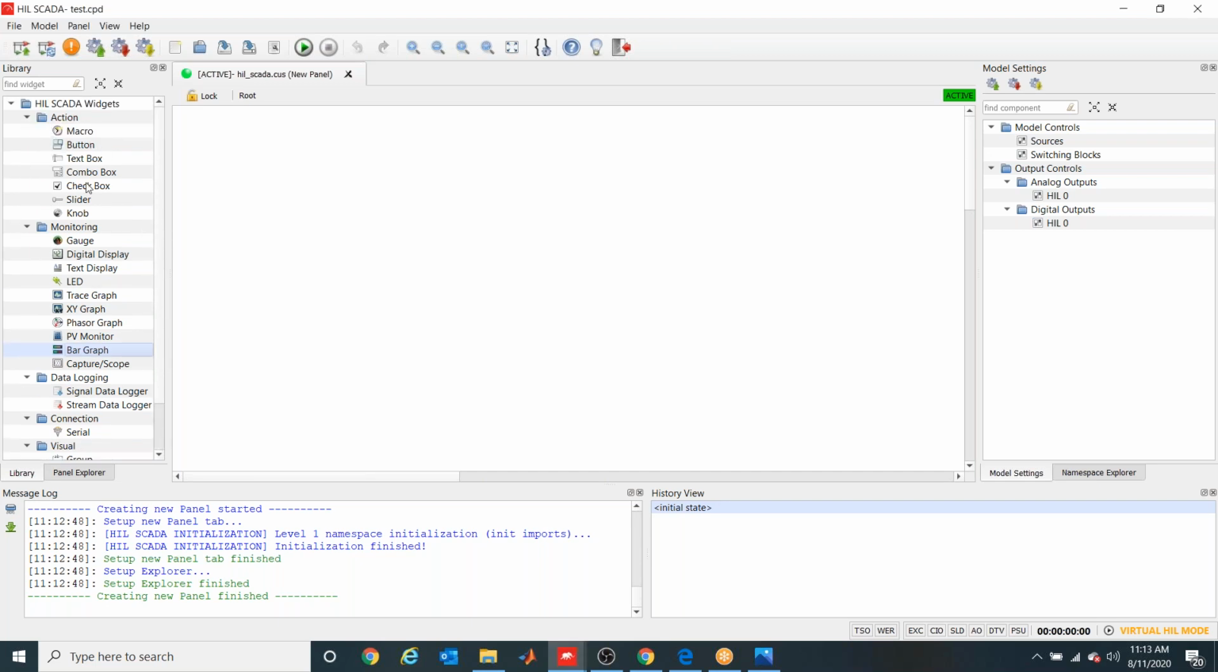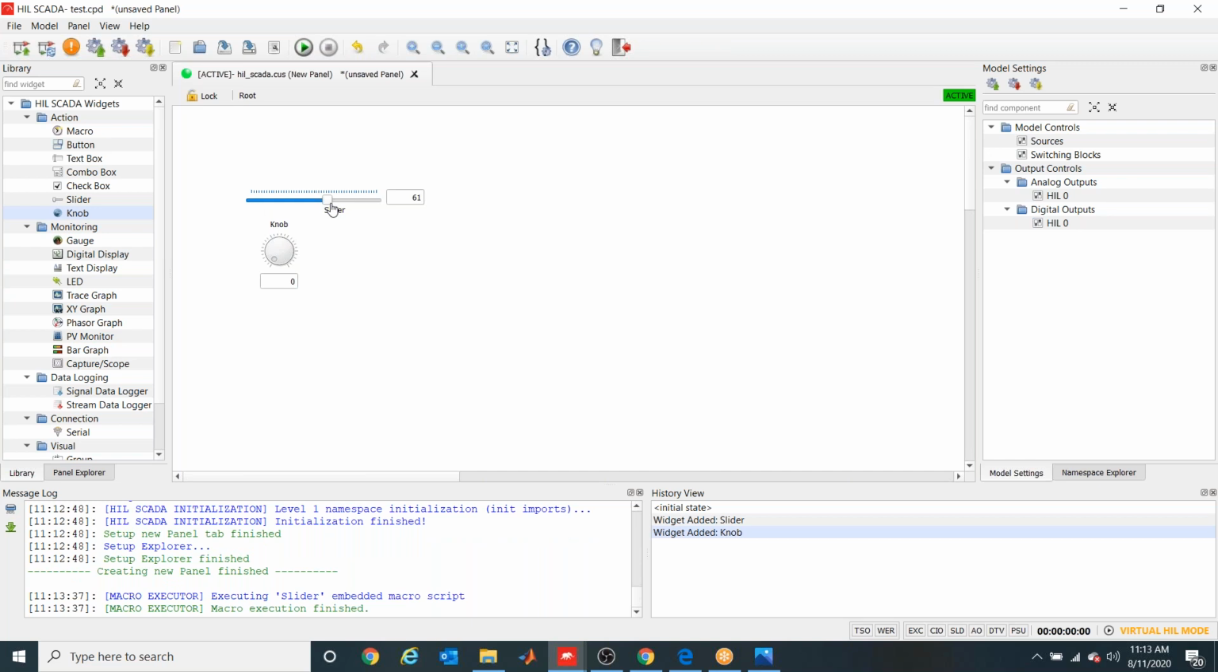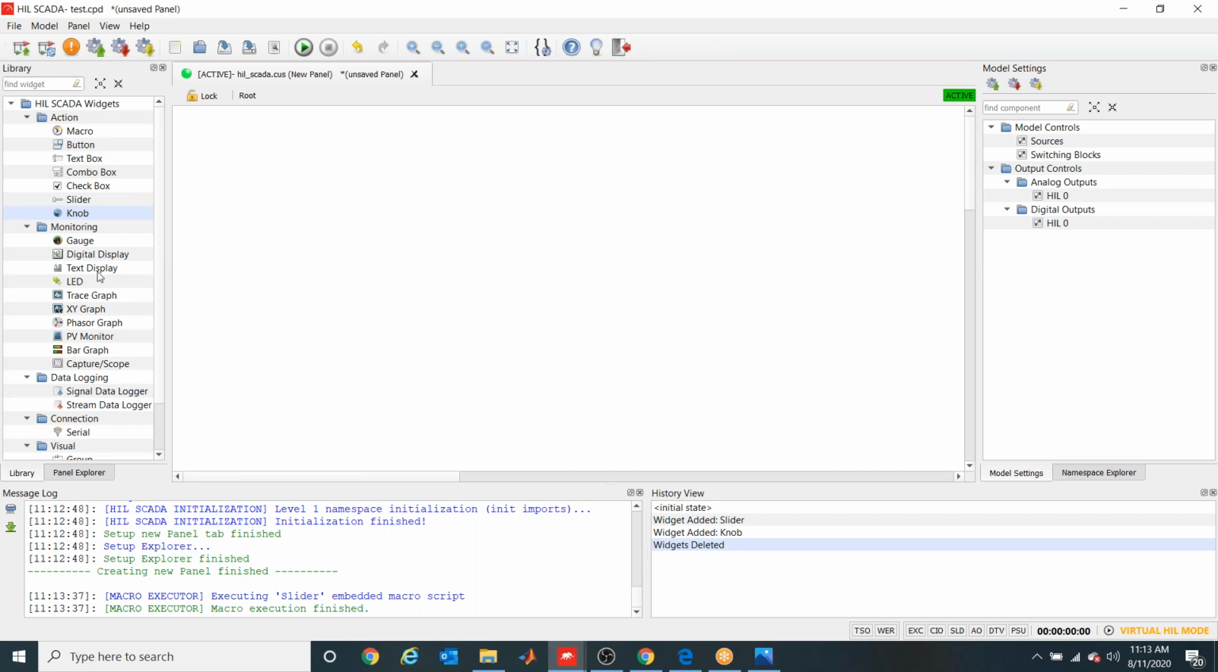Action means if you want to provide any type of action inside the simulation, like slider, knob, or any timer sections, then you can use macro, button widget, text box, combo box, etc. Like if you change the slider values, you can change the voltage or any other parameters. So we have named it the action widget section. Whatever you want to change inside the simulation, you can use this action widget library. Similarly, for monitoring purposes, you have this gauge, digital display, text display, LED, trace graph, XY graph, phasor graph,